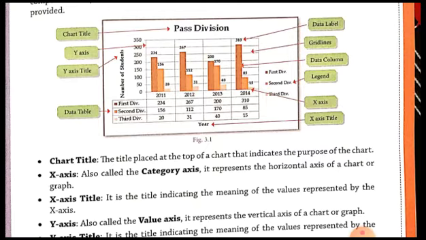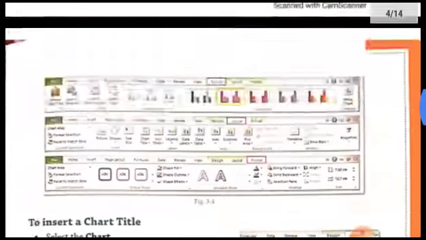The legend was the information indicating the color information about the different divisions. We were using three different colors for the three different divisions: first division, second division, and third division. So the legend was the information telling us about these three different colors. In this way, what are legends used for?